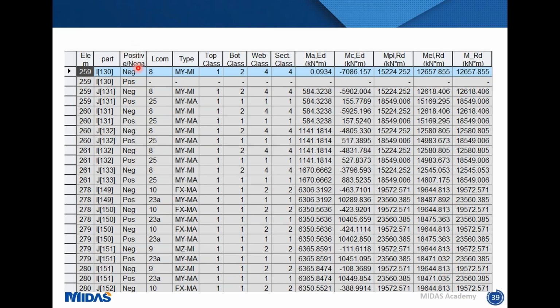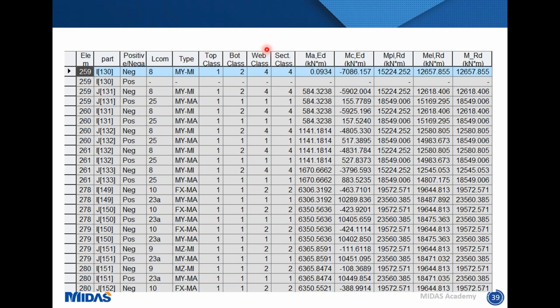So negative being for the hogging load scenarios, and the positive being for where sagging is occurring. In addition to this, it's then picking up the worst load combination in terms of the different loads that you may have defined. You can see here, all my load combinations were numbered, 1, 2, I think we reached up to 50, and I could refer to my spreadsheet to figure out what specifically that load combination was. In addition to this, the software is also able to classify your section for the different scenarios.